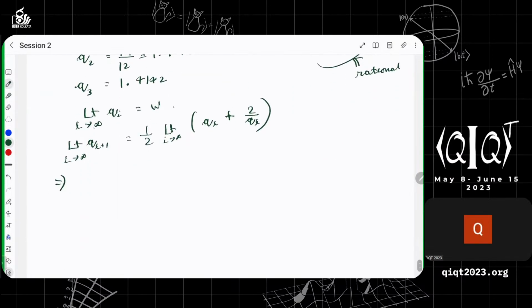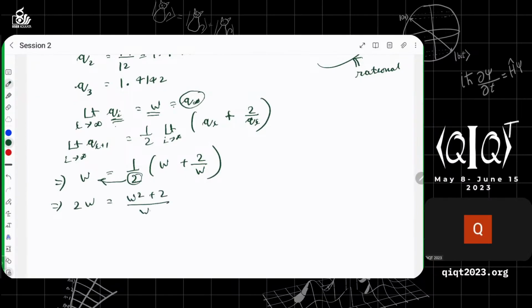Now, if the limit of q_i as i tends to infinity is w, you can also write it as q infinity. So q_{i+1} as i tends to infinity will also tend to the same limiting value. So this would be w also. And half of, again the limiting value is w, w plus 2 by w. So let's try to solve it. So 2w, I'm taking 2 here, and it would be w squared plus 2 by w. That is 2w squared equals w squared plus